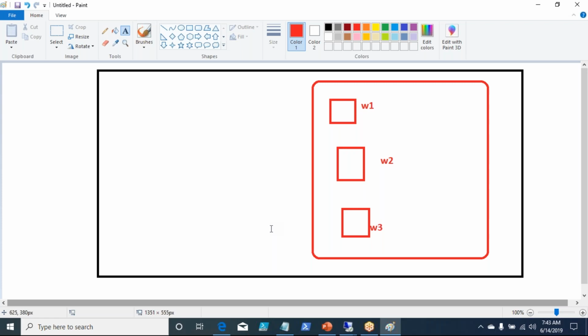Now, when you have a common URL or common IP address which binds all these three web servers, when the user uses that IP address or URL, it will go and hit one of the web servers. So it may hit W1, W2, or W3, right?